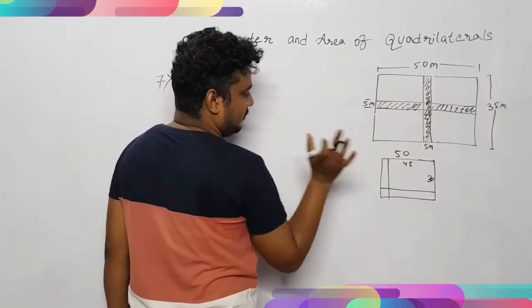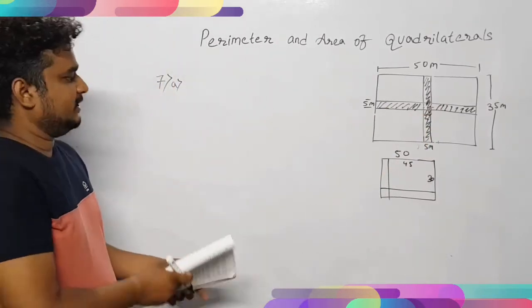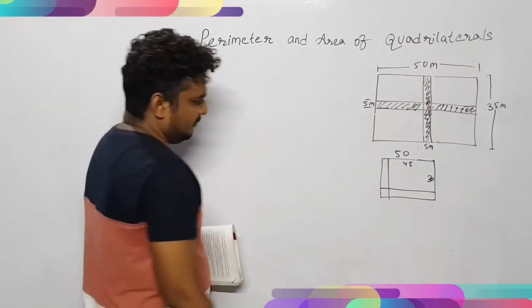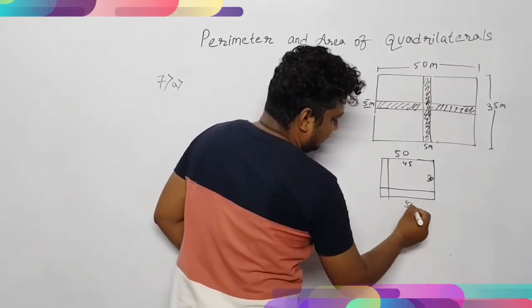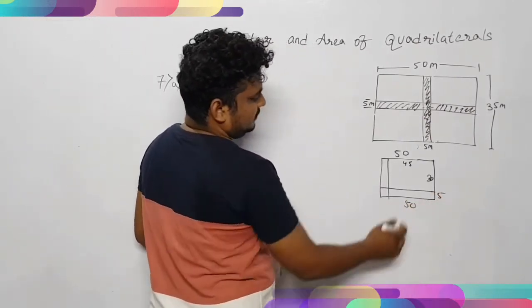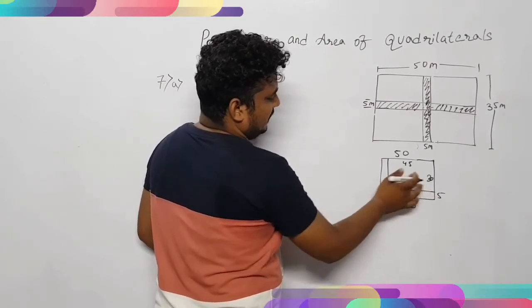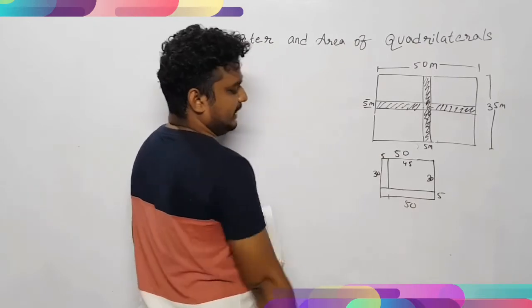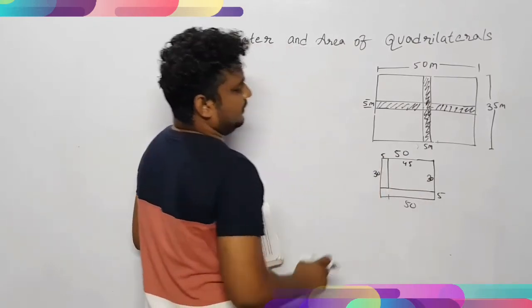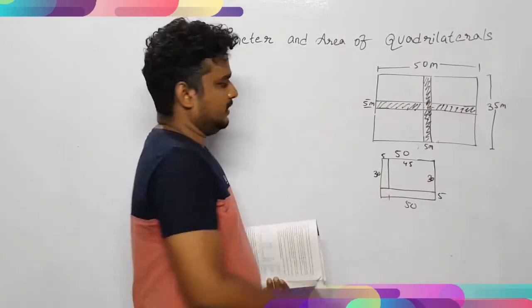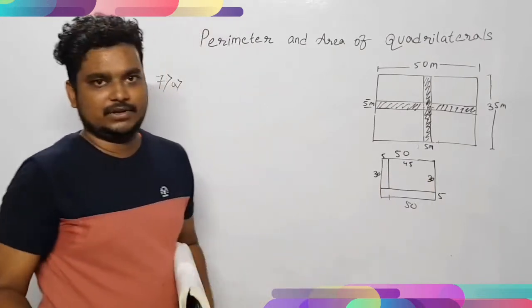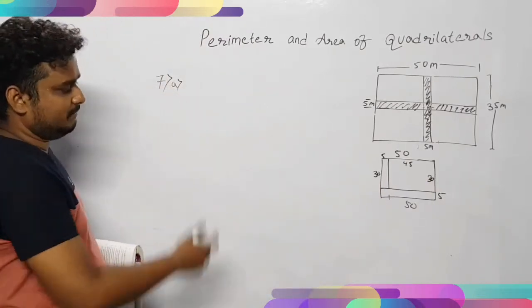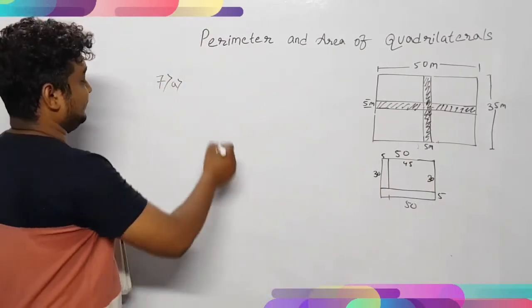To make this easy, we can draw the figure like this if the area of the shaded region is to be found. Further, you can do that this particular length is 50 and this width is 5. So 50 into 5, you can do this, and 30 into 5. 50 into 5 is directly 250, 30 into 5 is 150. 150 plus 250 is 400, the answer will come. So let's see how to solve this particular question.